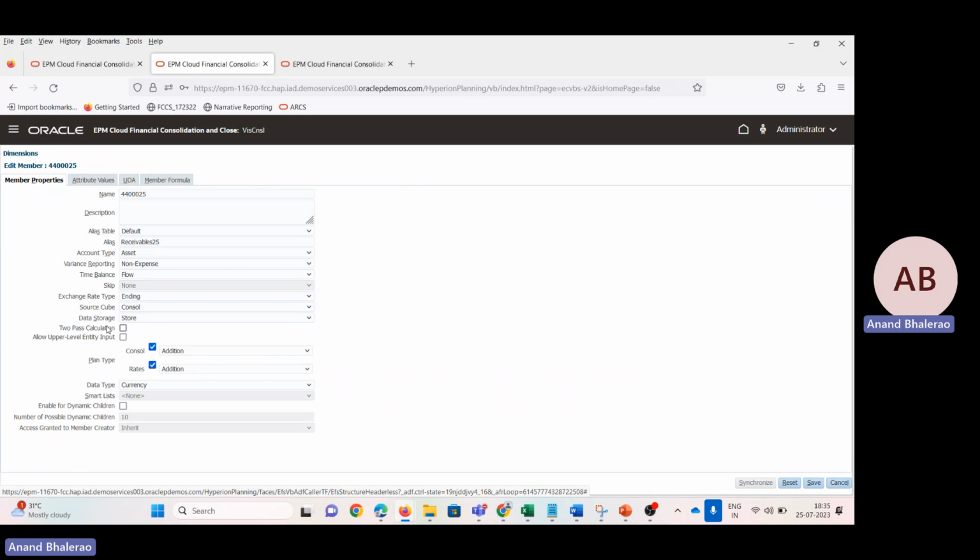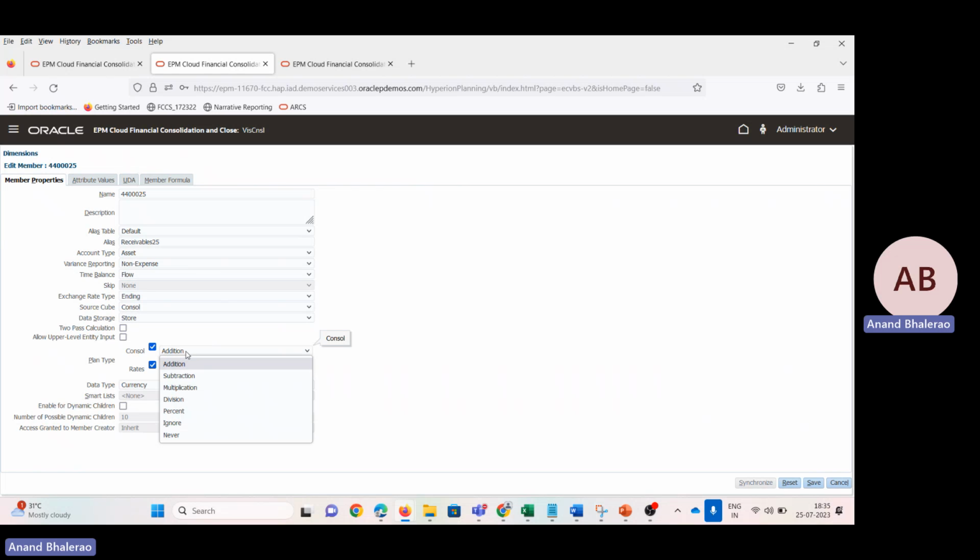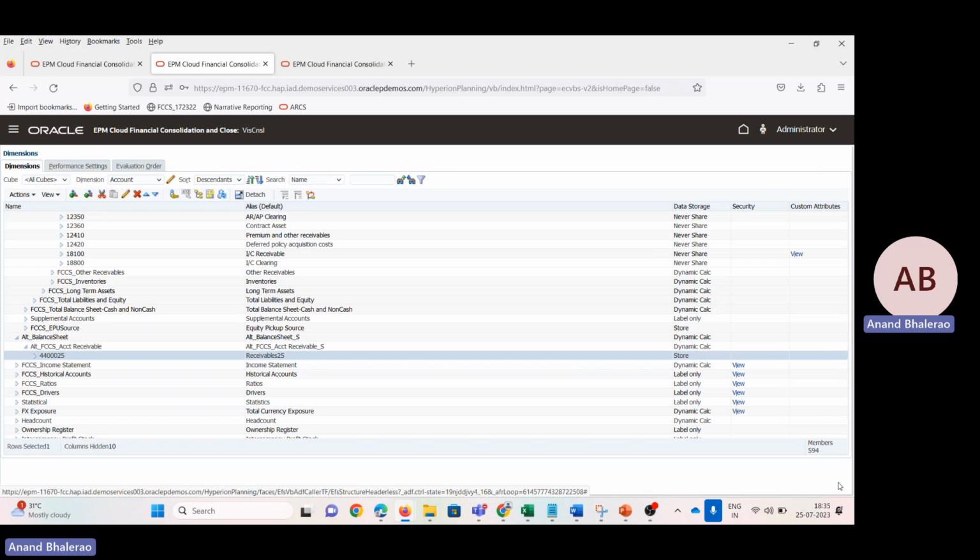So this is the data storage, and this is the primary member which is created in the alternate hierarchy. Under this, we will make it shared. You can see the shared member property is not available here because it has already been shared. So for that, we will have to